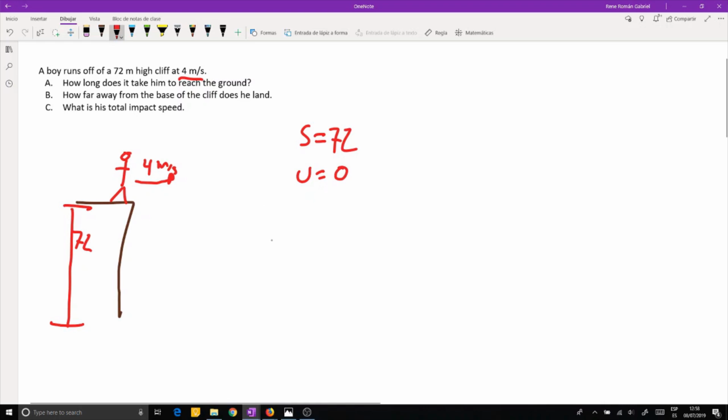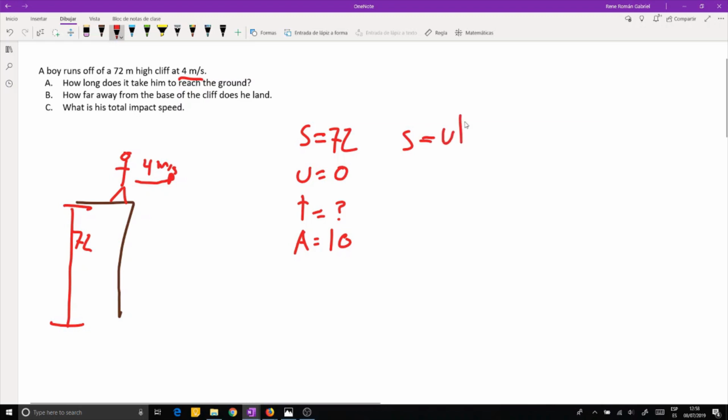The final velocity V we don't know. Time we're looking for. That's what we're looking for. And then finally we have acceleration A, which equals 10. Well, negative 10, but let's just say 10. So here we have this, and we would use our formula, which would be S equals